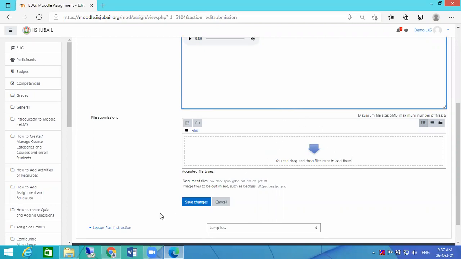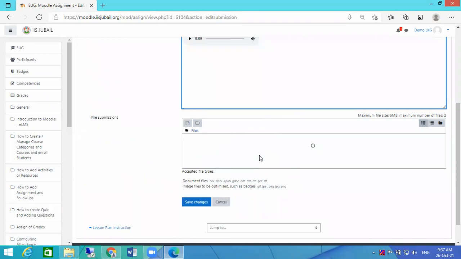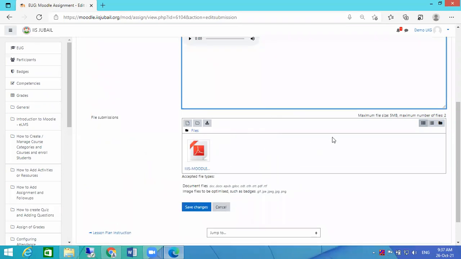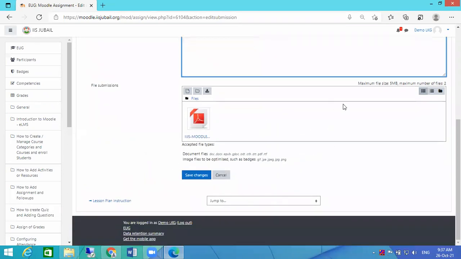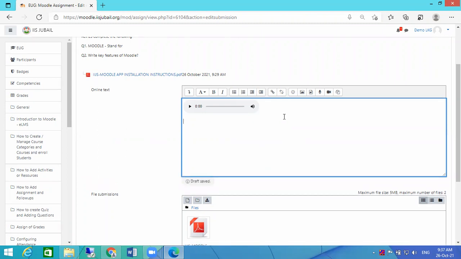So you can attach the file. So just I'm attaching one file here. Assume that this is my answered file. Sir, I have submitted my answer. Yes, madam. Tell me. Sir, I have submitted my answer. Yes, yes, yes. Can you see it? Keep submitting. I will show you one by one. Keep submitting. Okay. Thank you, sir.